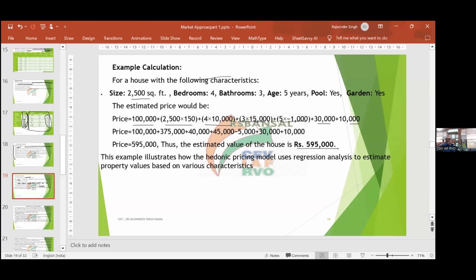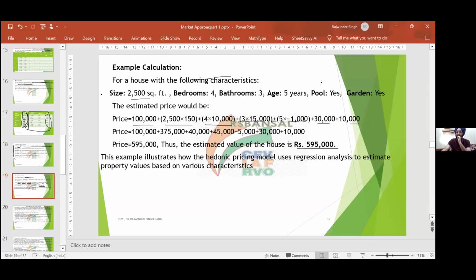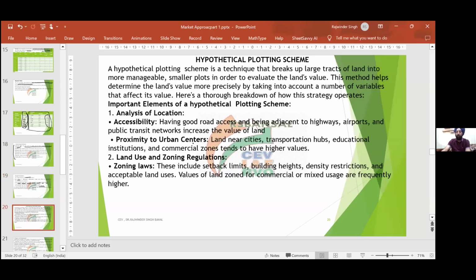दैट इज 1 लाख। ये असयूम किया है, इट इज नॉट अ फिक्स फॉर एवरी प्रॉपर्टी। ये आपने इस पर्टिकुलर एग्जाम्पल के लिए असयूम किया है। अगर आप किसी साइट पर जाते हैं विजिट करने के लिए, वहां पर वर्स्ट से वर्स्ट प्रॉपर्टी, खराब से खराब प्रॉपर्टी किस रेट में बेस प्राइस पर मिलेगी, दैट इज बेसिकली आपका बीटा जीरो। इंटरसेप्ट बीटा जीरो लिखा है। The base price of house with all other variables set to zero means everything is zero। ठीक है, तो दिस वाज